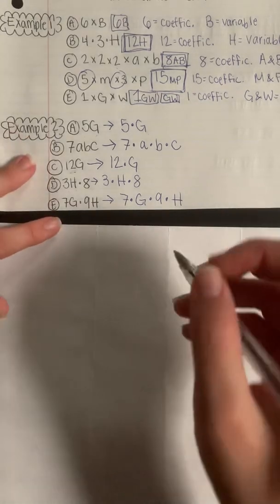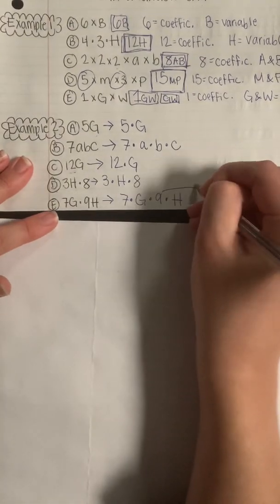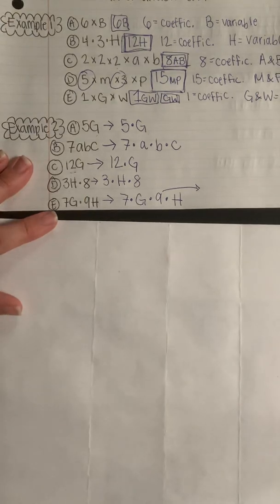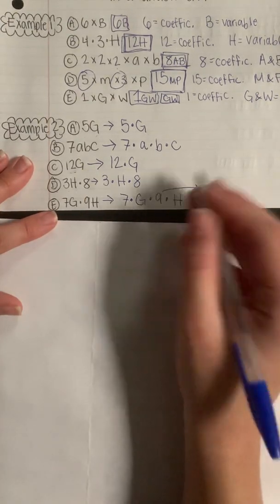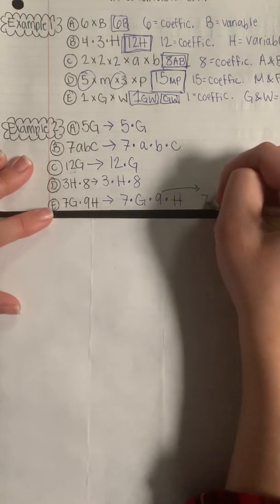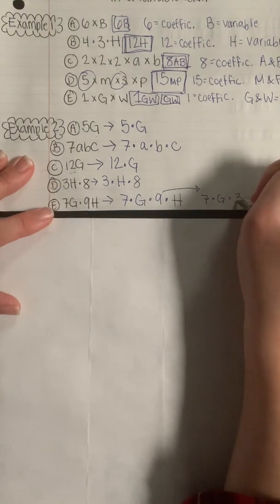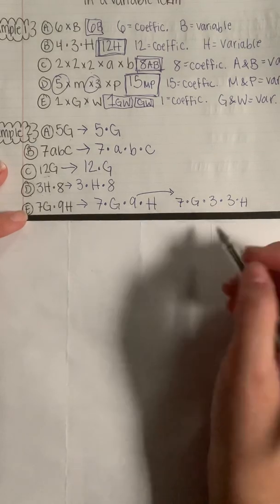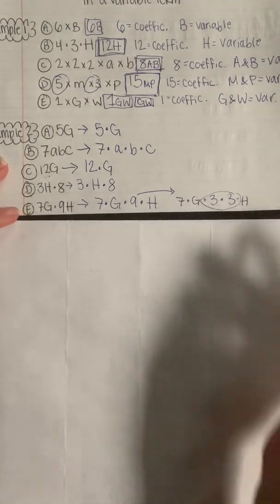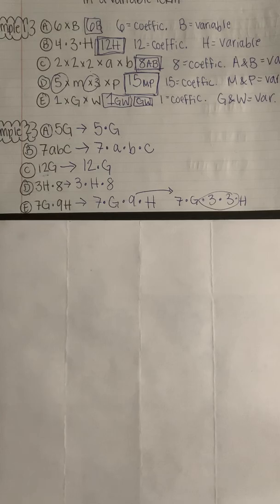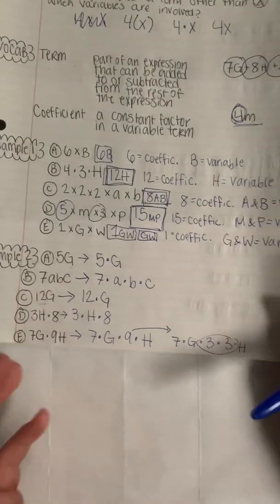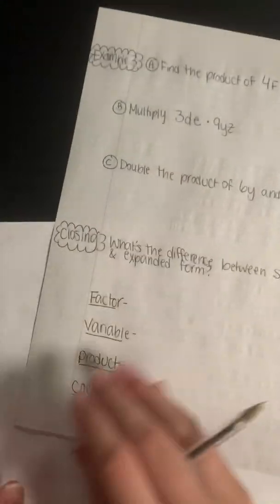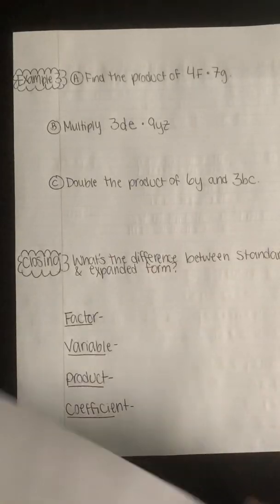We could also break numbers like this 9 up. So 9 would be like 3 times 3. So I could write 7 times G times 3 times 3 times H. And I could break up some of these numbers into even smaller factors if you need to for certain problems. Okay, so that's what it looks like when you expand them by putting that multiplication sign back into it. And then we're almost done. Example 3,